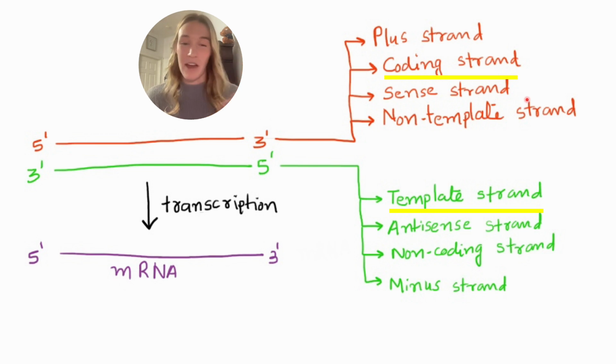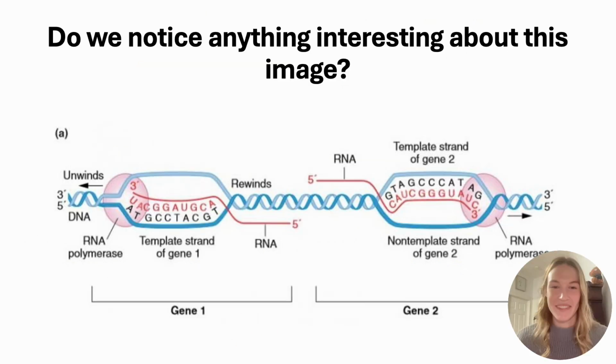Now, I'm sure depending on what discipline in biology you study, there is more common nomenclature. I've noticed a lot in virology, the antisense and sense strand is often used, and the plus and minus strand is often used. You don't typically see coding strand, non-coding strand, and template strand. But if you go into bioinformatics, then I typically hear coding strand and template strand a lot more often. Now, that's just a trend that I've noticed in my master's and my undergrad, but that might not actually hold true. So take that with a little bit of a grain of salt.